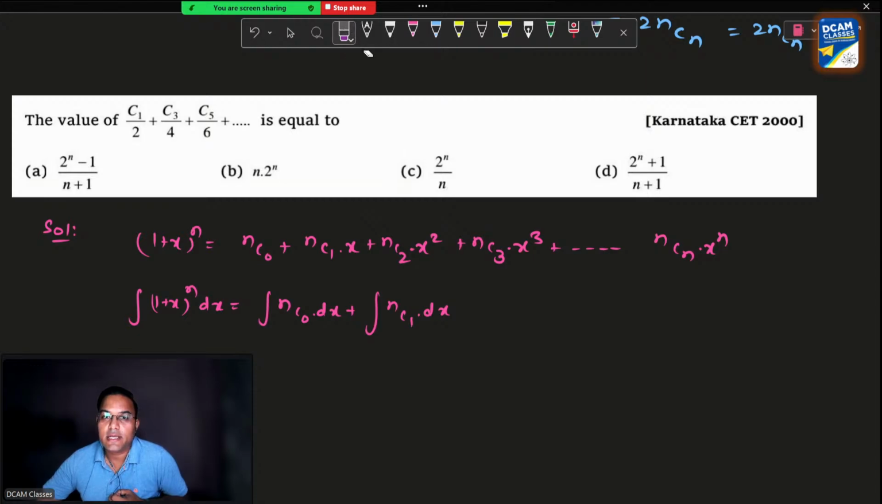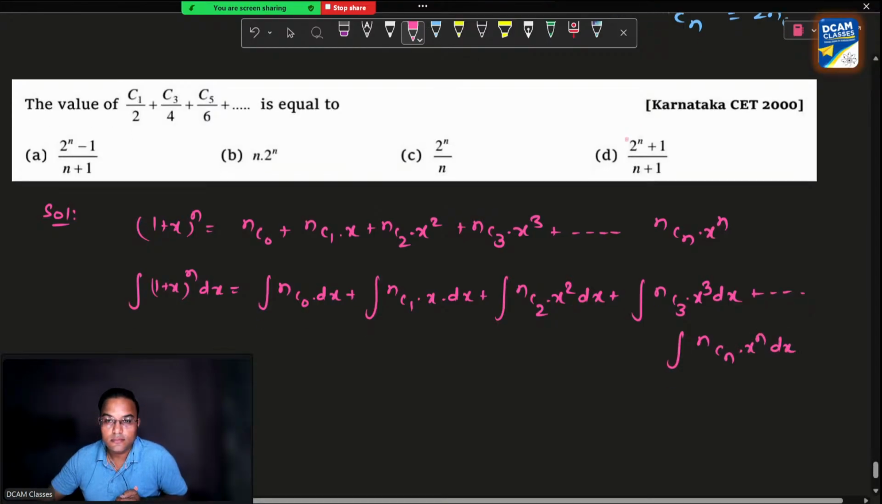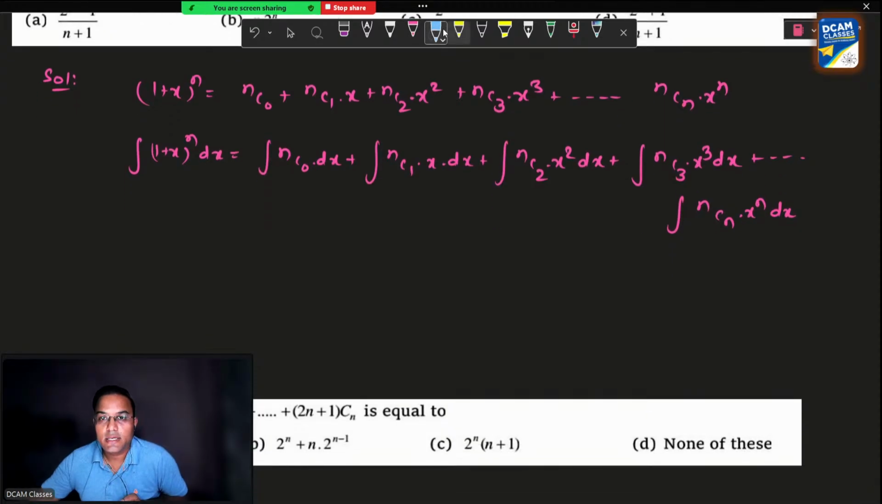plus integration of NC2 into x square dx, like that, integration of NC3 into x cube dx, and so on and so on, integration of NCn x power n dx. Now you can write this as 1 plus x whole power n plus 1 by n plus 1